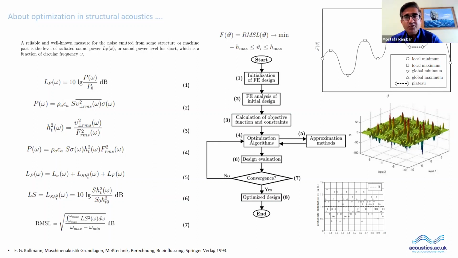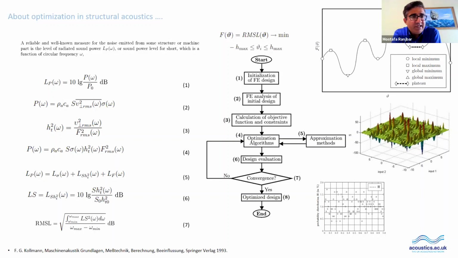But if we want to simplify this equation, we know that there is an upper bound for the radiation efficiency. Therefore, the level of noise due to the radiation efficiency is bounded. And here we can say the same for the force. So if we concentrate on the structure-borne noise, then we can have a representative value for the radiated sound from the structure in an easier and faster manner.